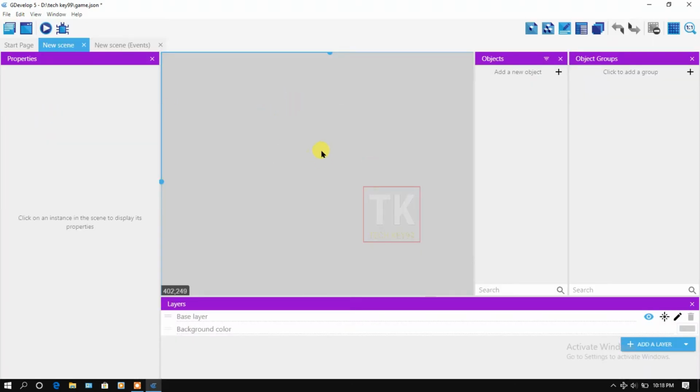This is our work area of this game, and this is the properties of that object, and this is object groups. We mostly use these groups for enemies. And here is layer. We use this layer for game background and buttons. You can use your mouse wheel to zoom in or zoom out the work area.